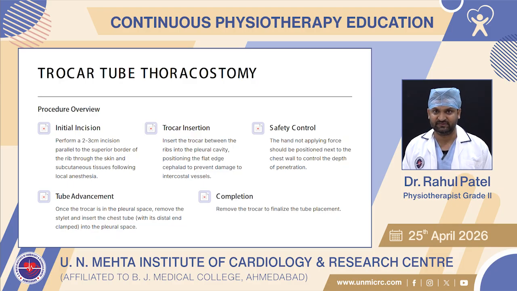Trocar incision. Insert the trocar between the ribs into the pleural cavity. Position the flat edge cavern to prevent damage to the intercostal vessel. Safety control. The hand not applying force should be positioned next to the chest wall to control the depth of